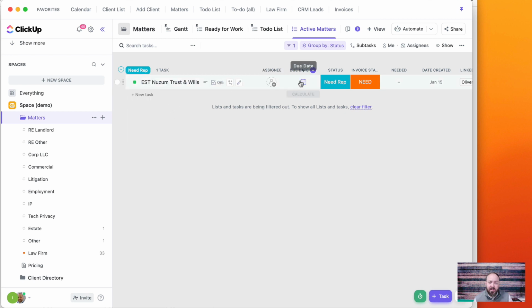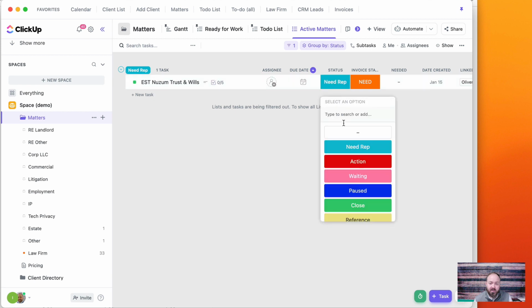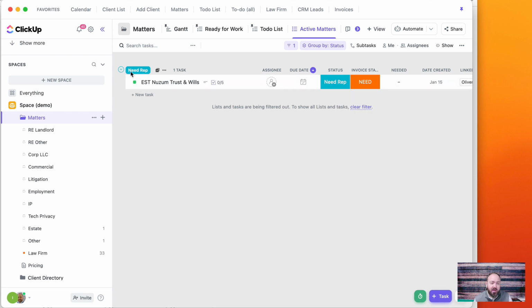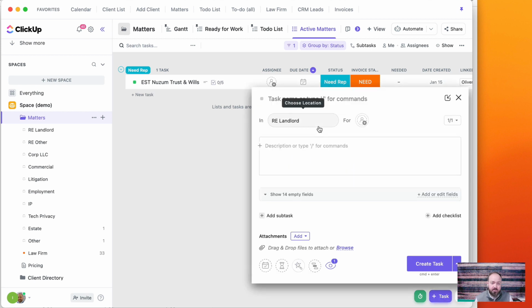I have an assignee, a due date, and then I also have this status of needs rep, and so that means I need a representation agreement in order to move to the next step here. So I can click this, and if I get the representation agreement, then I can put it into action mode. I also have waiting, paused, closed, reference, and need payment. Now you'll see here that I have this grouped into different sections, and so if I add another matter,